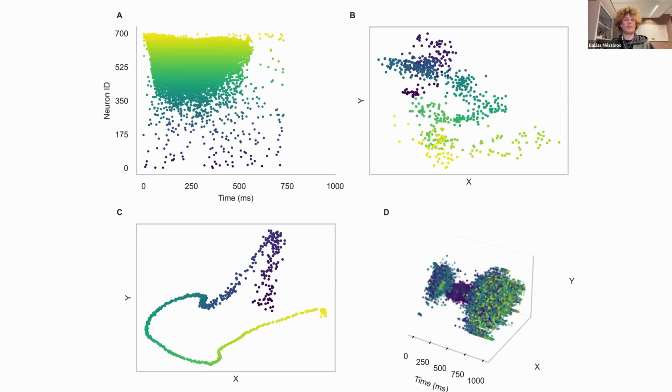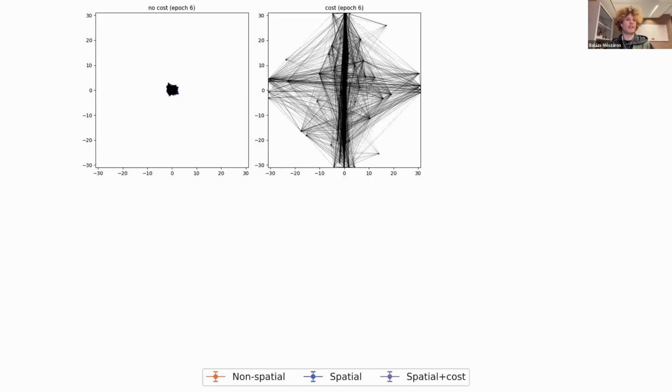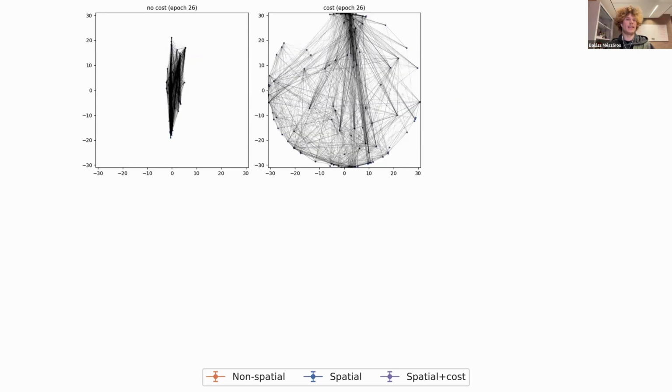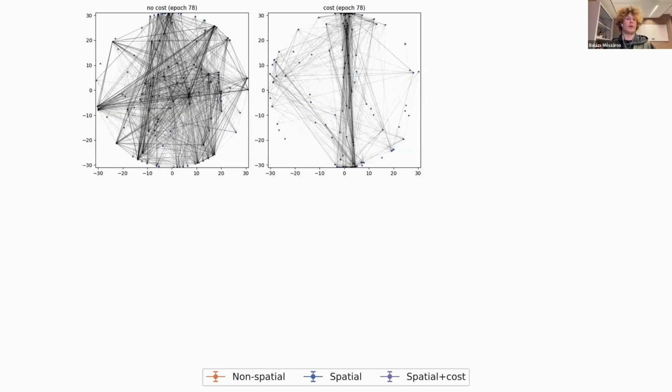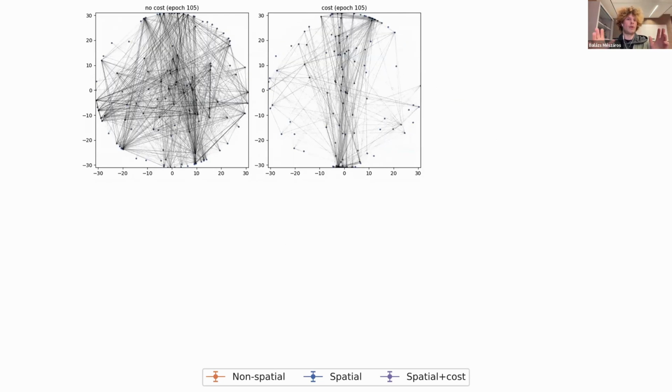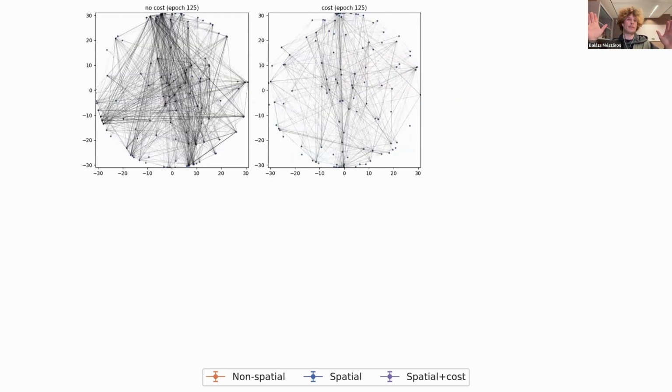And so next we looked at some training dynamics of these networks. We specifically compared networks with L1 regularization and L1 regularization with the distance cost, and a network that had nothing to do with space, and was just doing free synaptic delay learning. And at first, if we just visualize the training process, we see that all of these neurons, regardless if we have this cost term or if we don't, go towards the perimeter of the space that we fix them in.